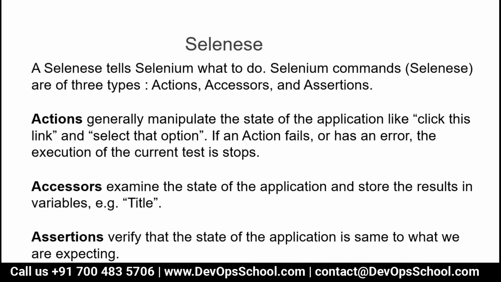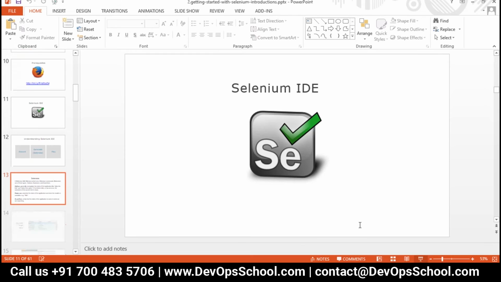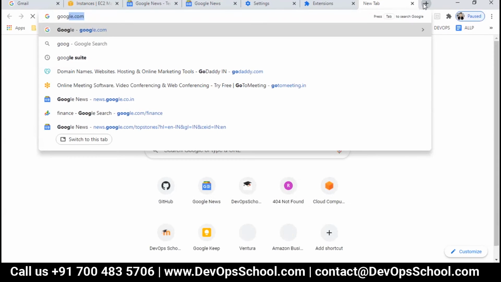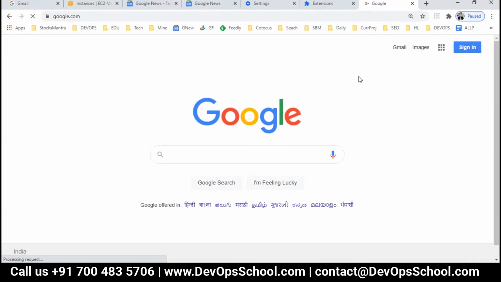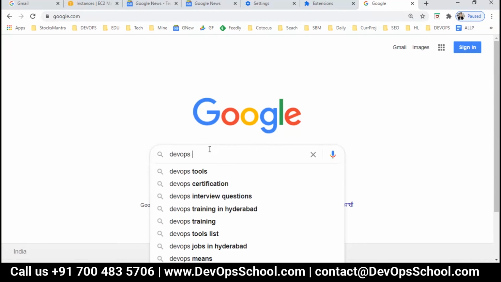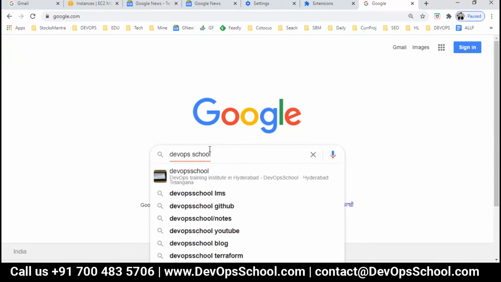So here the question is, what is an action? Actions generally manipulate the state of the application, like click this link. So if I go to google.com and type something, this is one action. I type DevOps school, this is one action.